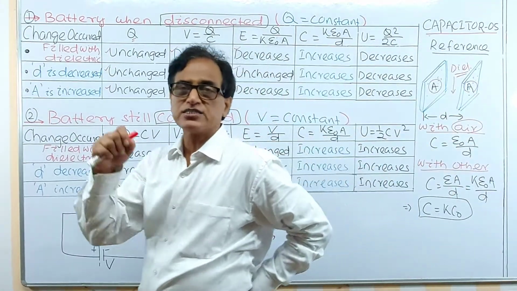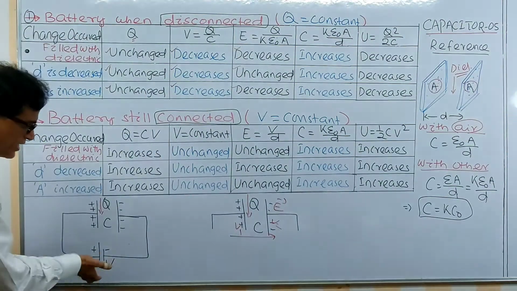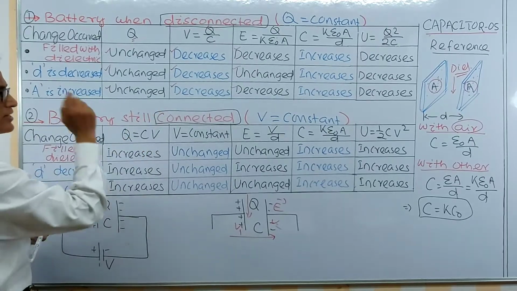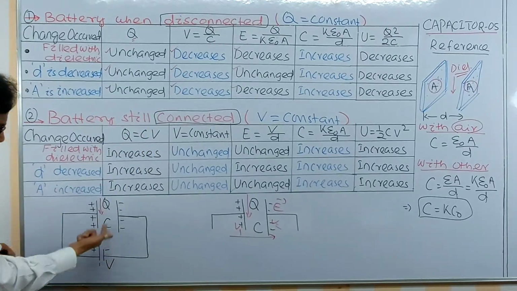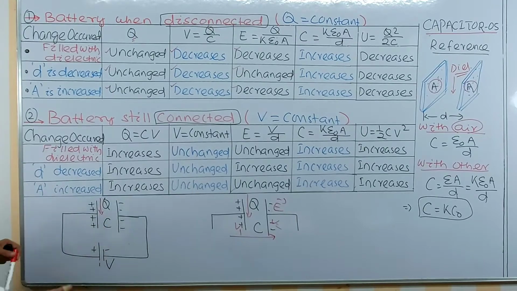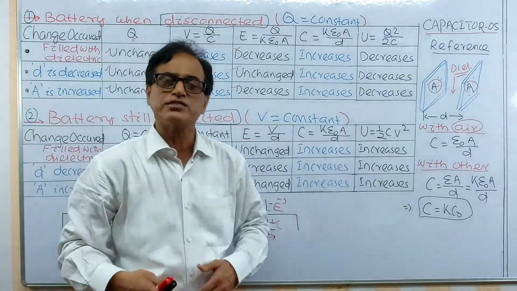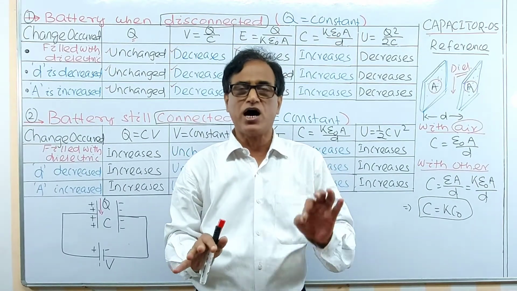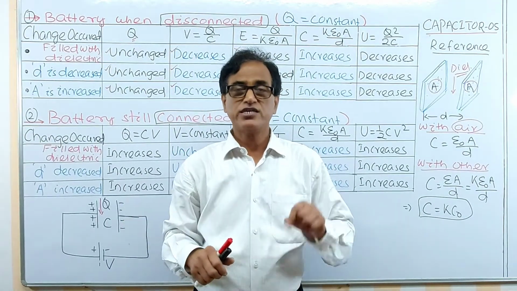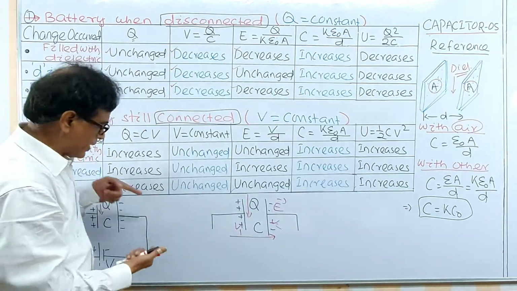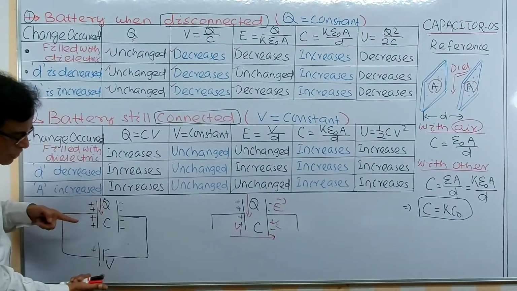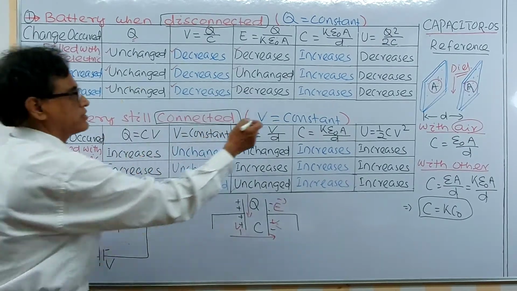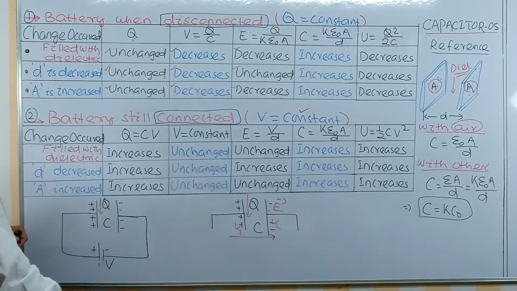See what happens when the battery is still connected. You are charging, the charging process continues, the battery should not be disconnected. Now here the battery is still connected. If the battery is still connected, these two are in parallel. That's why voltage remains constant in parallel branches. House wirings are parallel. Voltage remains the same in parallel. Charge or current remains the same in series. Since voltage or potential difference remains the same in parallel and these two are in parallel, the voltage across this remains constant all the time. That's why this is the important concept in this case.